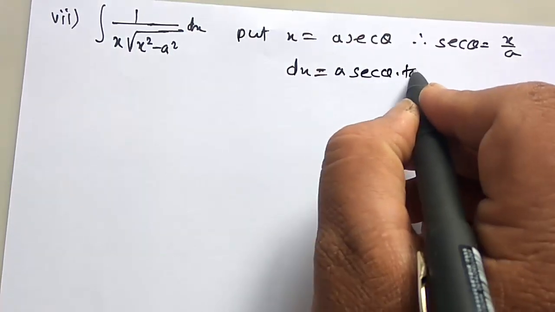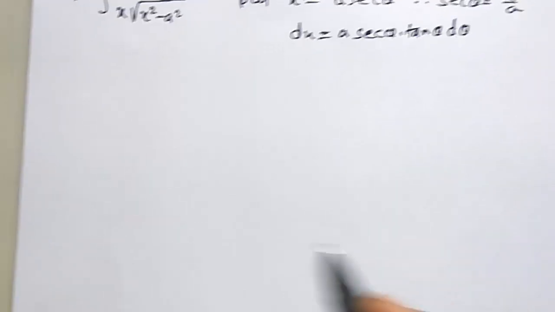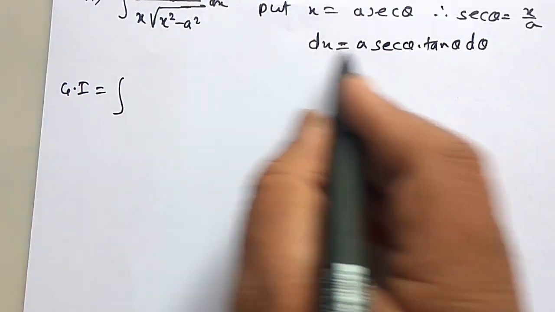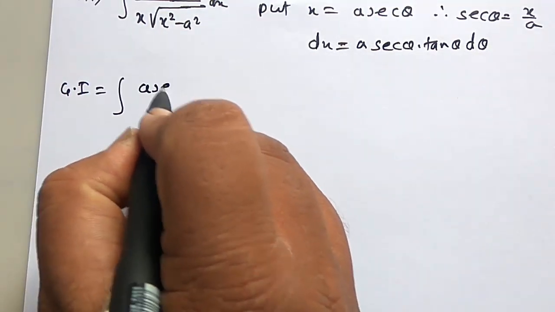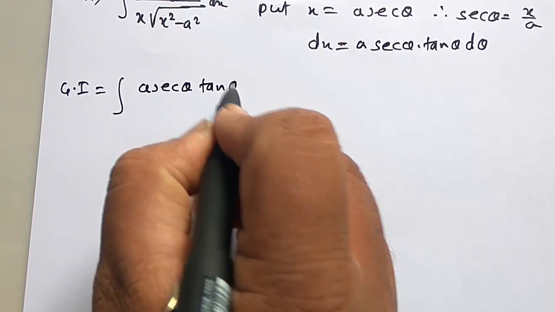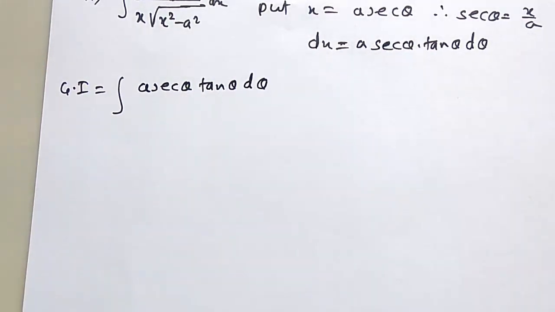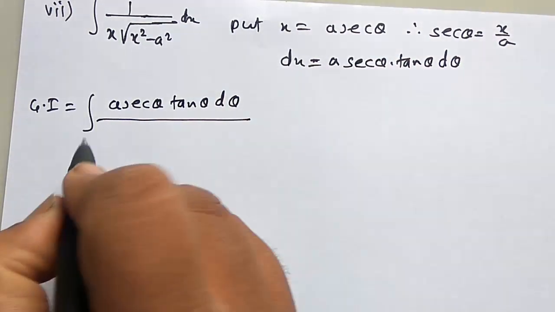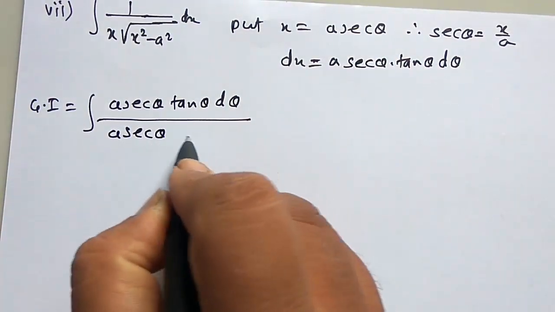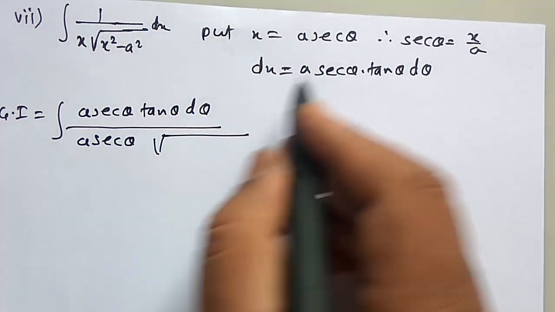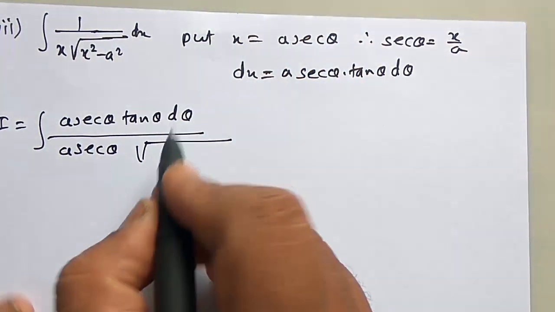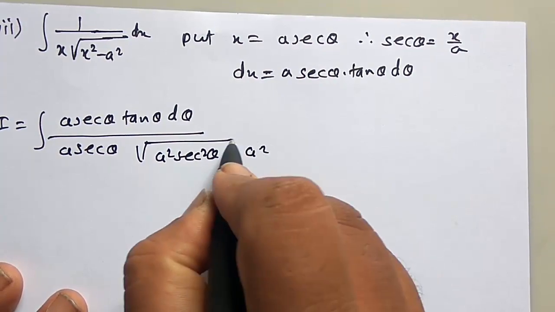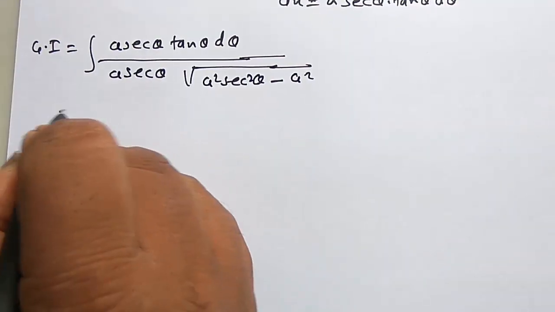And therefore the given integration becomes, dx is replaced by a sec theta tan theta d theta upon x, which is replaced by a sec theta, under root of x square is equal to a square sec square theta minus a square